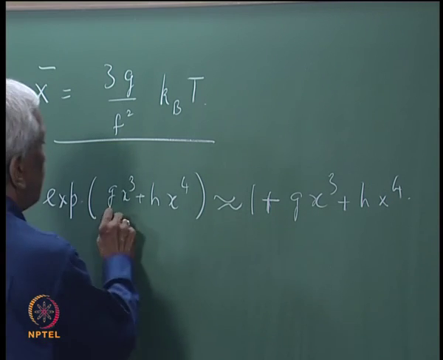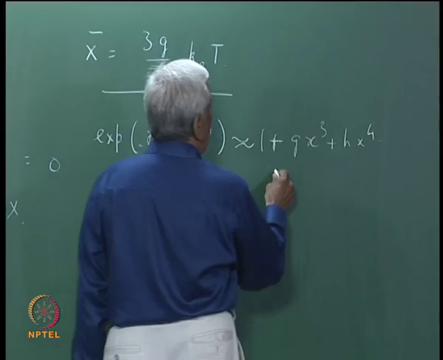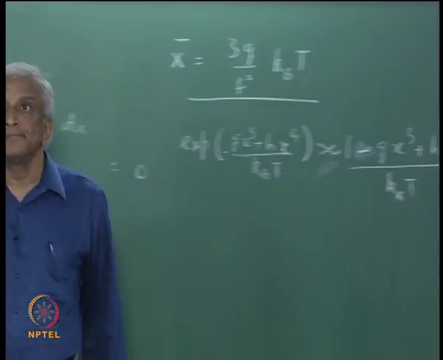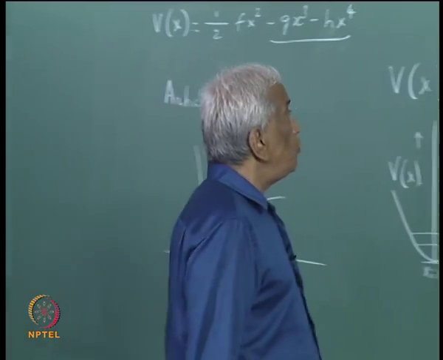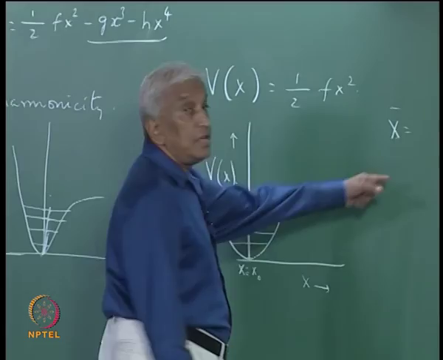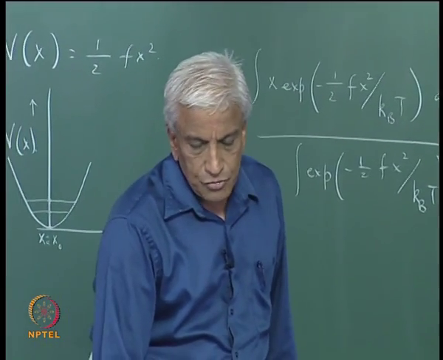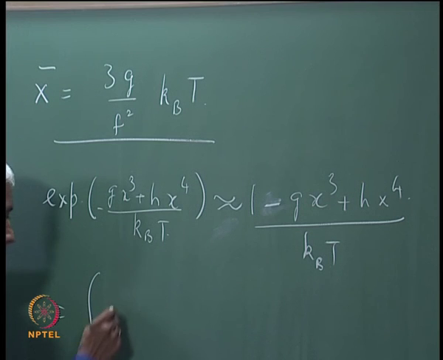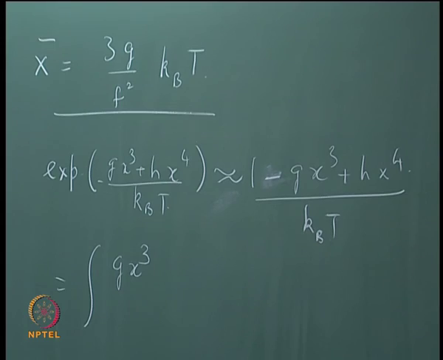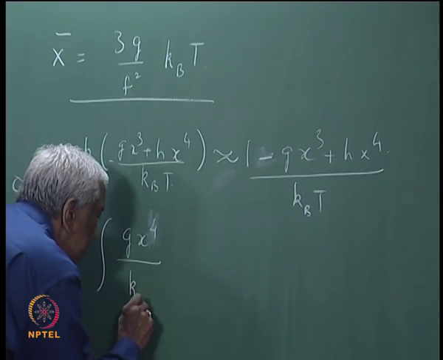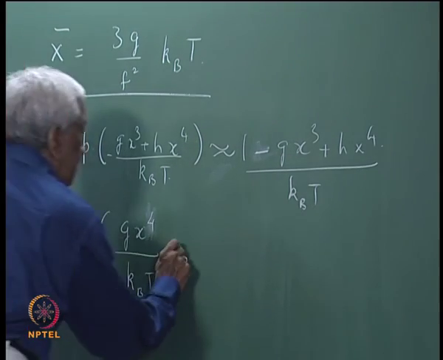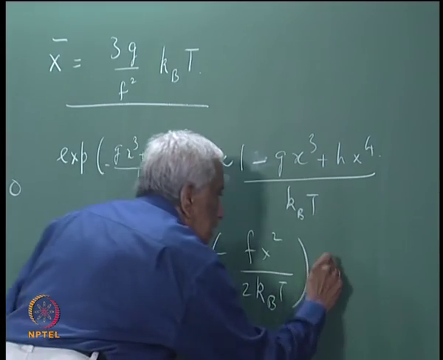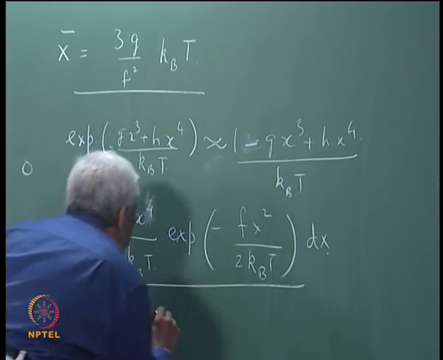So, if I have kBT, this will be so that we can use this and calculate the rest of the integral, and this leads to an expression of the form integral g x cube by g x to the power 4 by kBT exponential minus f x square by 2 kBT dx divided by